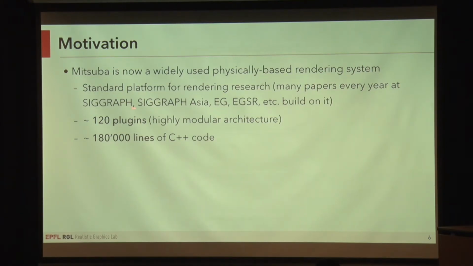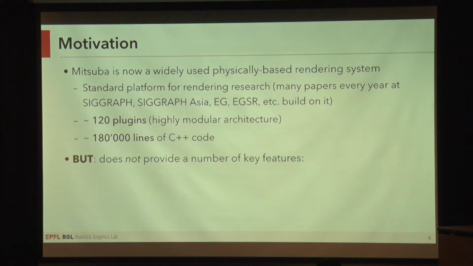It's a modular code base with about 120 plugins. A plugin can be a light source, it can be a material, it can be a rendering algorithm. And I think that's one of the reasons actually why it's popular, because usually when you're writing a research paper, it's like one plugin, so you don't have to worry about all the other stuff. You can just focus on your own little corner. And it's pretty big, about 180,000 lines of C++ code. And this is something that I started working on during my PhD, but that was a long time ago,